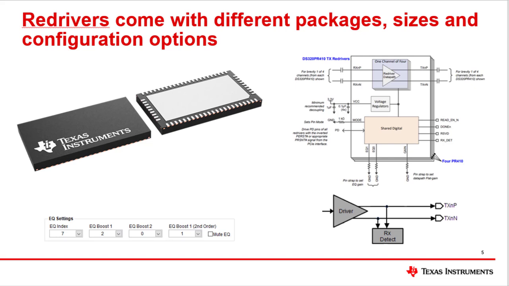To simplify operation, our redrivers use the concept of an EQ index. Every index is a combination of 3 amplifier settings, ordered by their total effective boost strength at Nyquist frequency. For example, EQ boost 1 boosts the most at Nyquist frequency, whereas the second order EQ boost 1 will boost less around the Nyquist frequency. So, the index number can be thought of as a whole device boost strength setting with 21 options. For most customer projects, configuring the device by EQ indexes is sufficient.